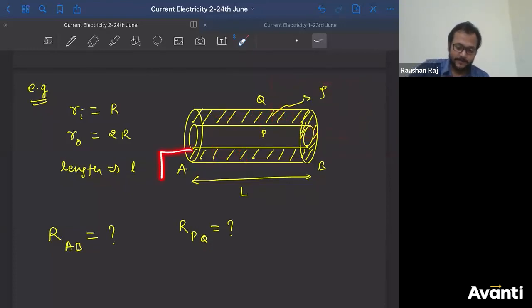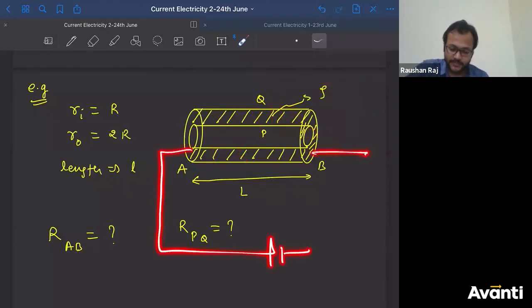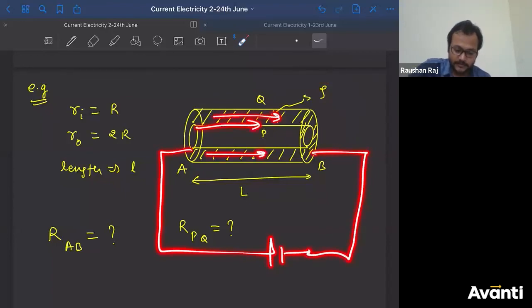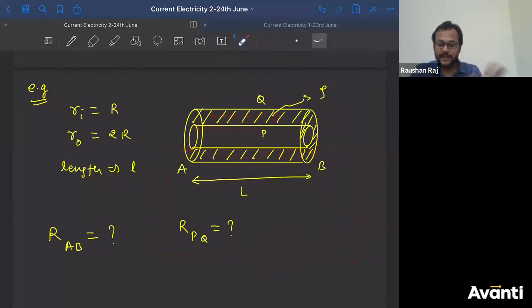But if you connect a battery like this, what will be the direction of current flow? It will be along the longitudinal axis. So both of them उल्टा उल्टा है. समझ में आ रही बात? In one case, the direction of current is along the longitudinal axis. In the second case, the direction of current is along the radial direction, either inward or outward, depending on how you connect the battery. Okay, so please consider this as a homework assignment.